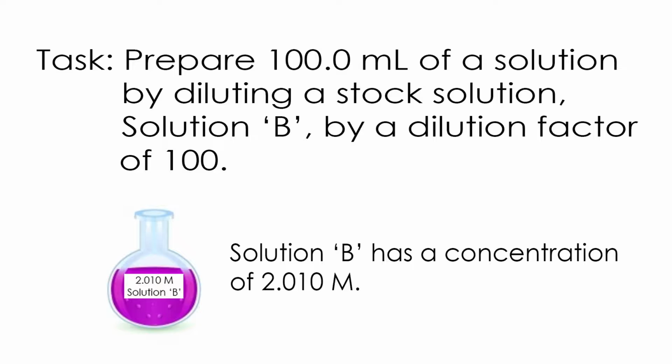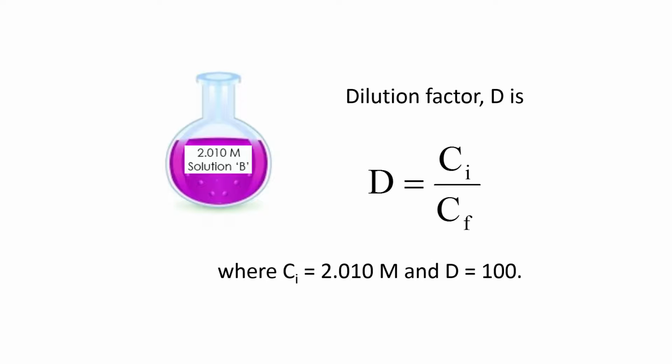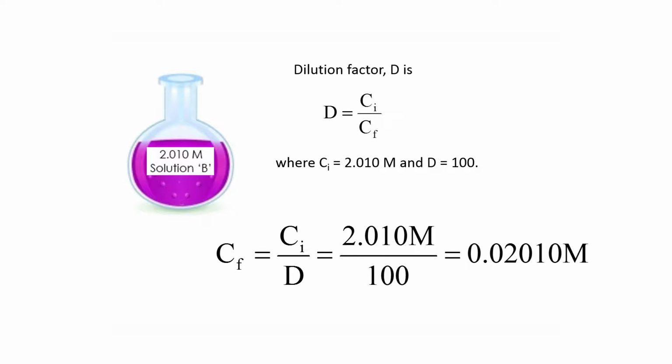Solution B has a concentration of 2.010 molar. Dilution factor D is equal to Ci over Cf, where Ci is the concentration of solution B, which is 2.010 molar. D is the dilution factor, 100. Rearranging the equation and substituting in the quantities for Ci and D, we can calculate Cf, which is the concentration of the dilute solution. The calculation shows that a 1 to 100 dilution of the 2.010 molar solution B will yield a final solution of